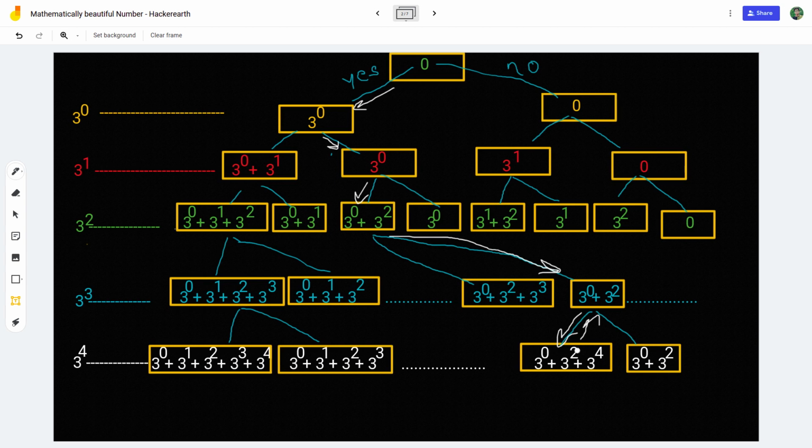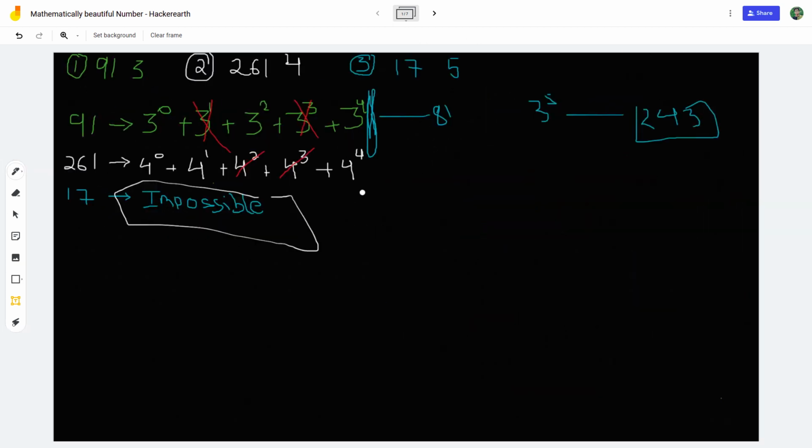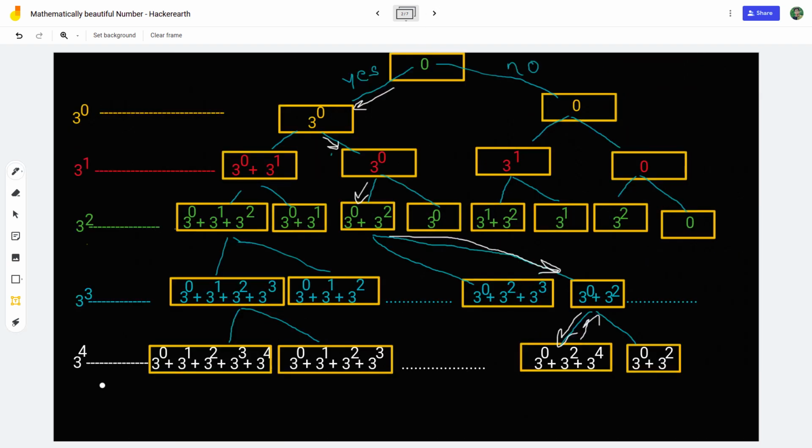As I told, an important thing is where should I stop. After 3 to the power 4, we should not take 3 to the power 5, because it is greater than 91.